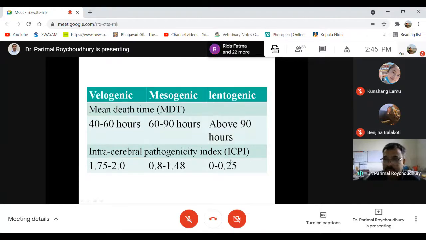Similarly, the ICPI index is also ranging. Say if it is 2, it's a velogenic, 0.8 to 1.48 is mesogenic, and lentogenic is 0 to 0.25. So these are the systems that people adopt to find out the particular virulence of this